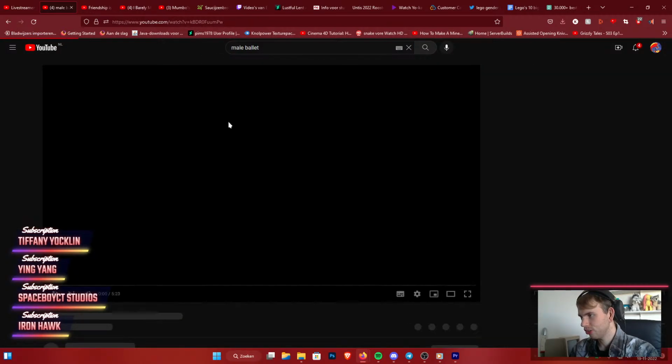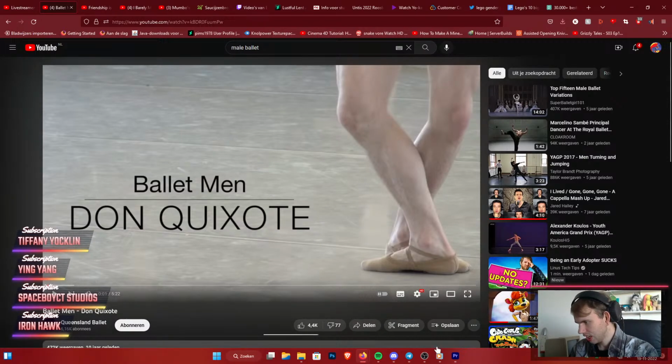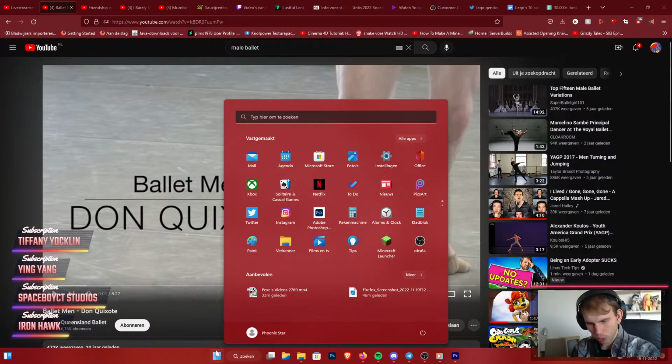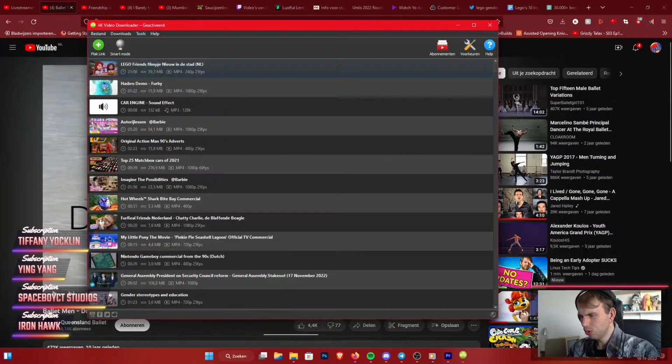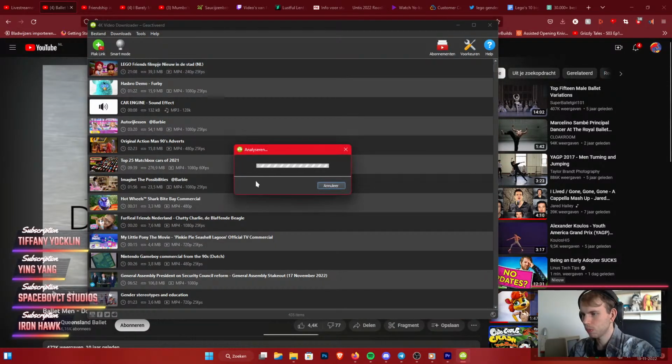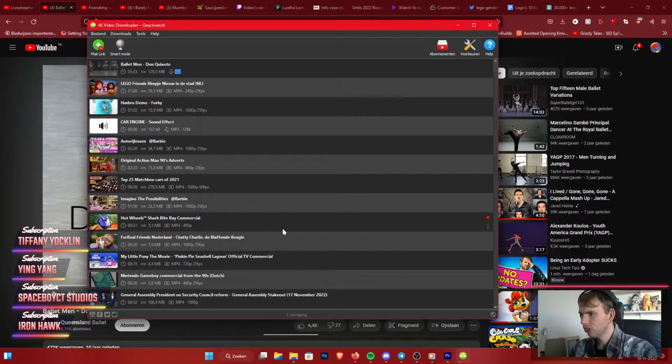Okay, yeah, let's just do it. Let's just do this. That looks awful, by the way. Those legs. I mean, I guess that's kind of the point of ballerina. You really have to have full control over your body if you really wanted to do that stuff. I have a lot of respect for ballerinas. It's not really my thing, but it is pretty darn awesome what the people over there are doing. Alright, download that sucker.